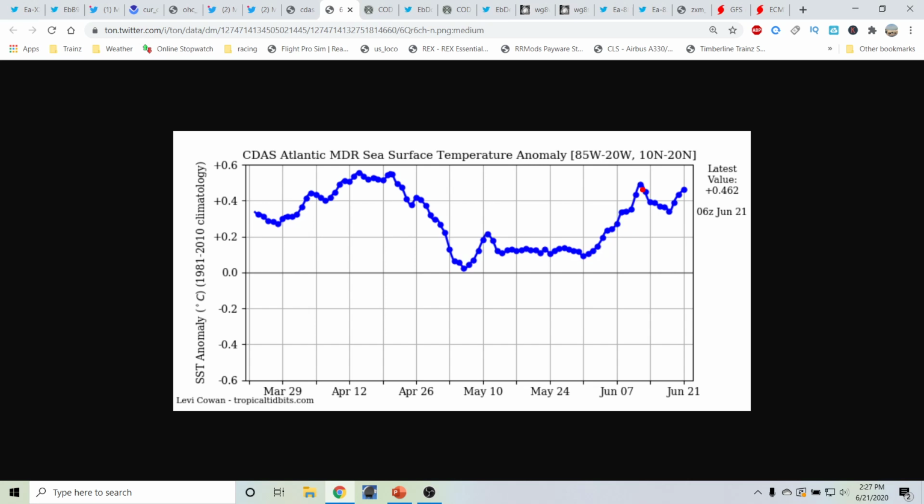We did fall off a little bit here, and then we peaked right back up again. So these sea surface temperatures are fairly warm, above the long-term average. Today's contributor is a little over 0.46, and that is in Celsius. And again, that will only continue to amplify as we go on throughout time. So the MDR is warming, the tropical Atlantic is coming to life, and it's almost go time now for the